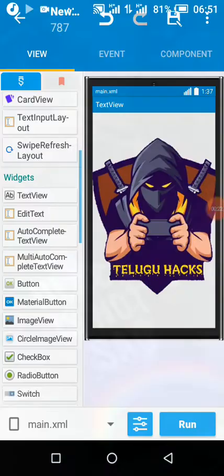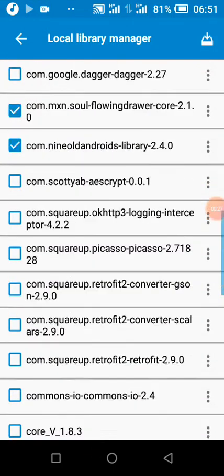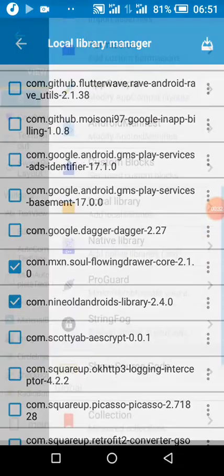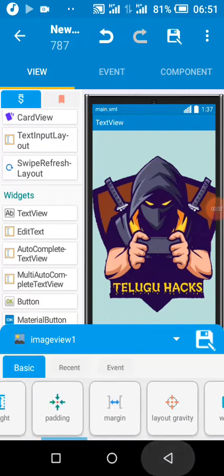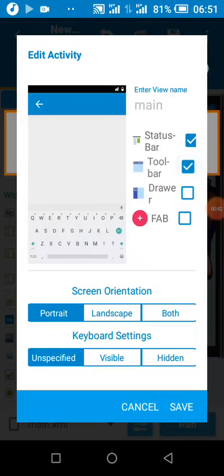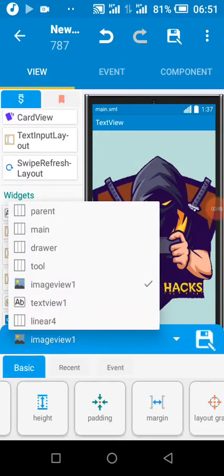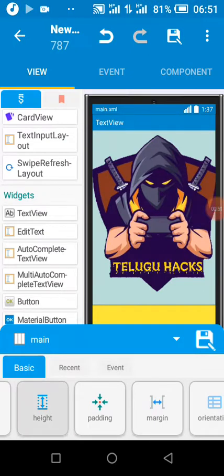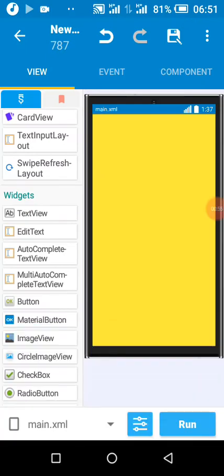First thing we do is we create an empty project. Then we add these two libraries. The project comes with the libraries. Then I remove my toolbar. The next thing I did, for clarity's sake,